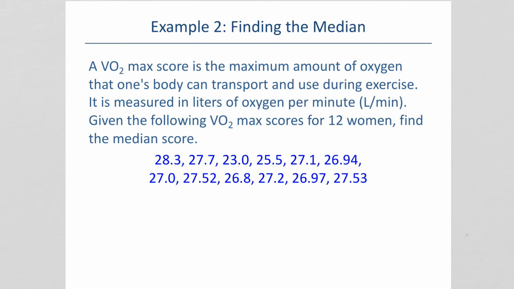So it says a VO2 max score is the maximum amount of oxygen that one's body can transport and use during exercise. It's measured in liters of oxygen per minute. Given the following VO2 max scores for 12 women, find the median score. So we need to put these all in order. And as we order them, I'm going to mark them out. The smallest one is 23.0. And then the next is 25.5. Then we have 26.8,